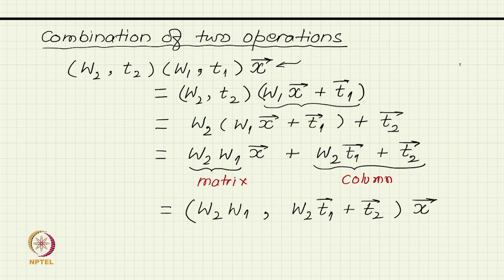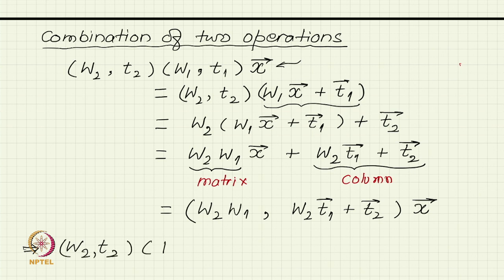So, by our definition, W2 W1 is now the matrix part, so that will multiply x, and W2 T1 plus T2 is the column or translation part, which will simply get added. So, you can see from here you can write your product rule,